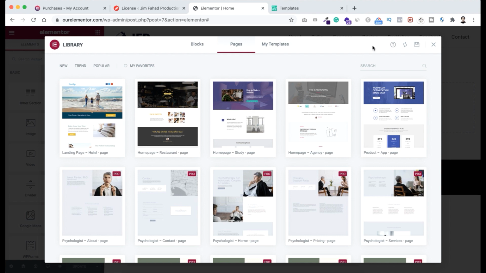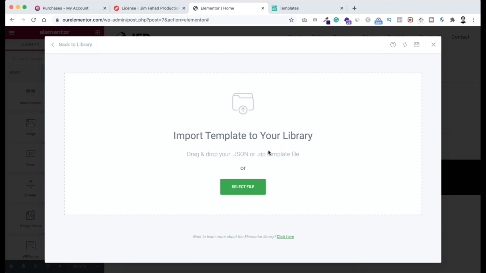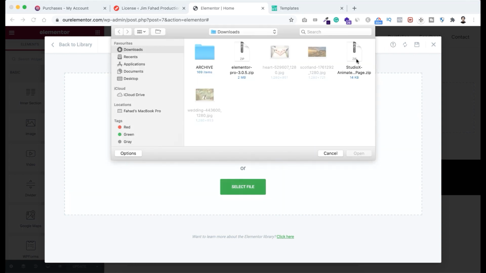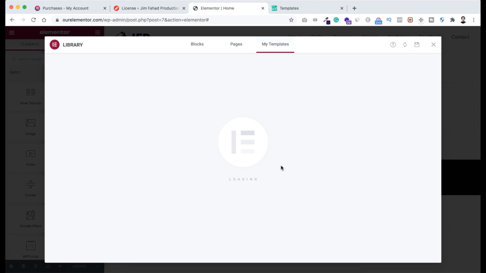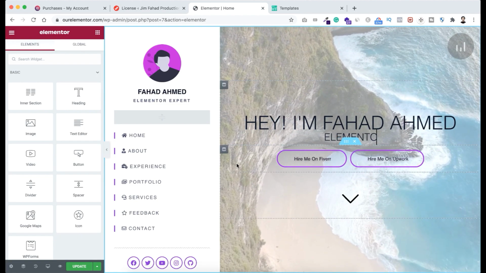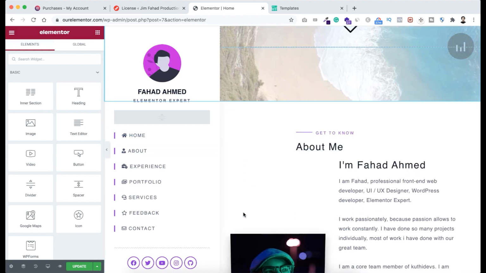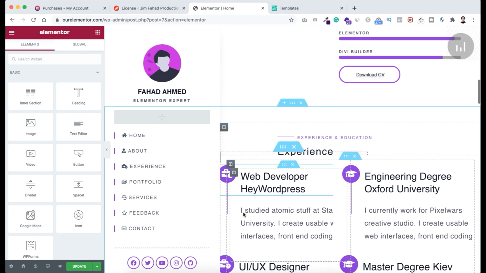You already know, from the top right corner, let's click on this import template icon. Now click on select file. And this is the Studio X template that we have purchased from HeyWordpress templates. Select this one and click on open. So now you can see under the my templates tab, the Studio X exclusive animated portfolio template has been added. Let's now click on this green insert button. Click on yes. Cool, so it's imported nicely, and if we now scroll down, you may wonder after seeing something